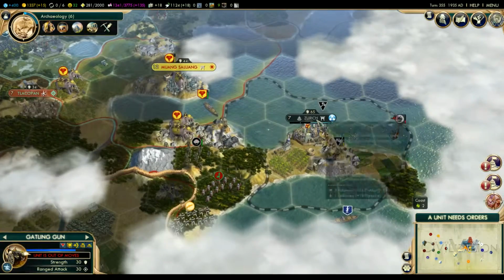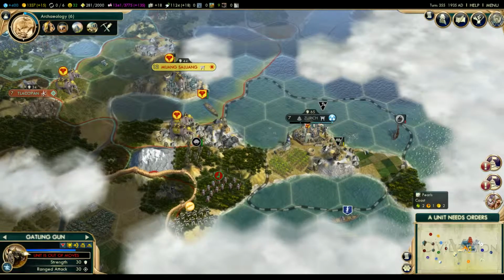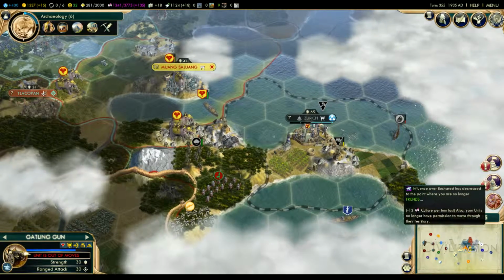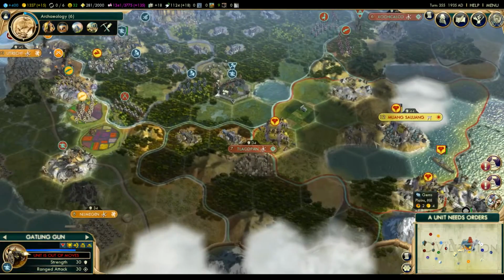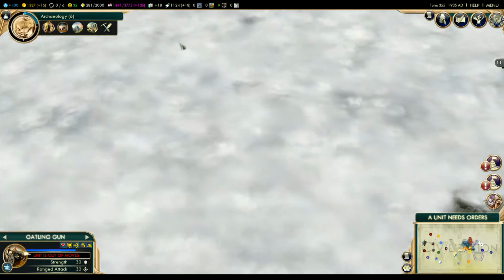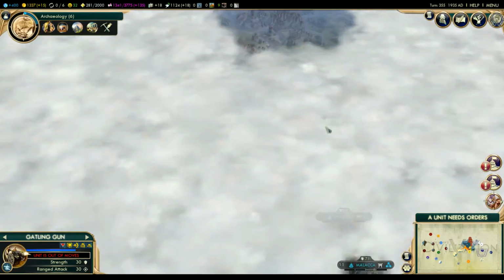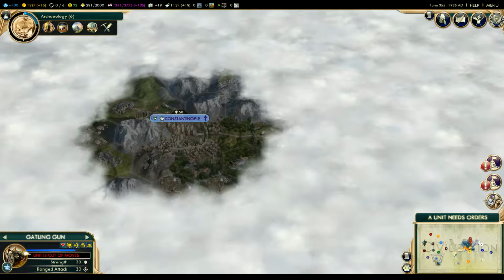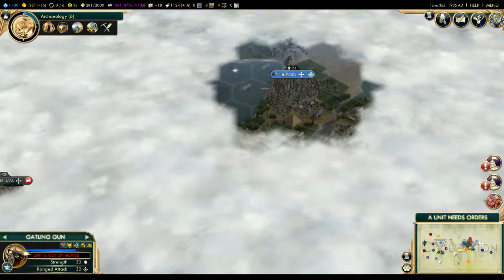Our buddy Zurich is holding together quite nicely. He hasn't suffered any damage. However, we lost Kiev. Kiev actually, I don't know where it is on the map, and I can't seem to find it. But Kiev fell to the Shoshone, which I suppose, if I can find the Shoshone on the map, I believe they're right...